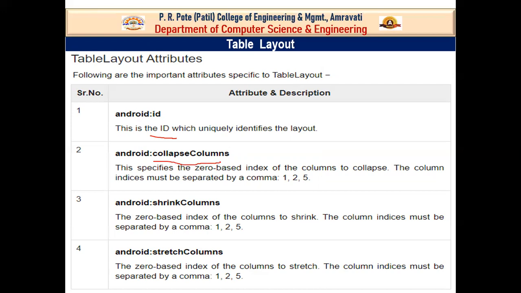Collapse columns means that if I want a column not to be visible, or not to be there on the screen.